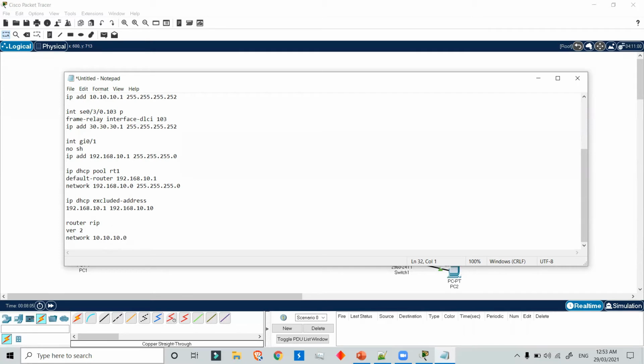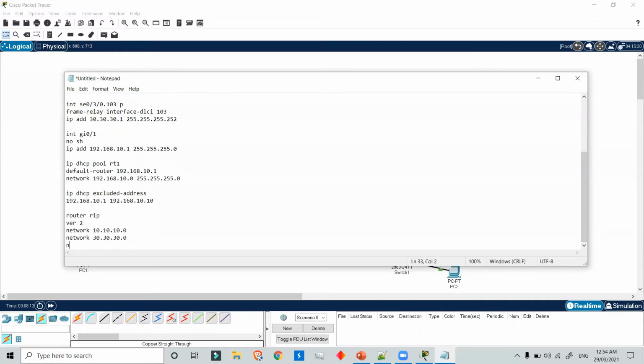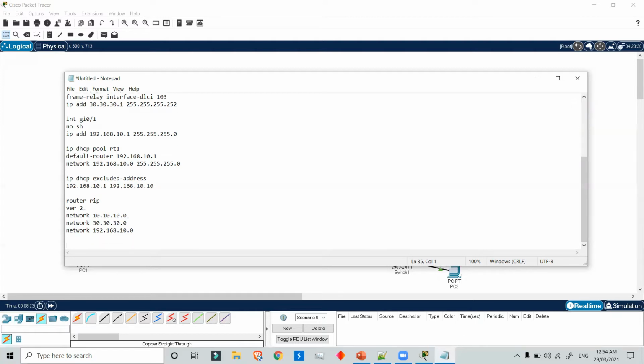So these are the known networks to the router. Then copy running-config to startup-config. So we have written the commands for router 1.